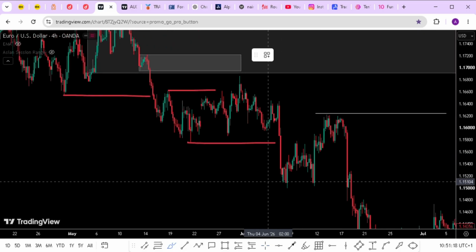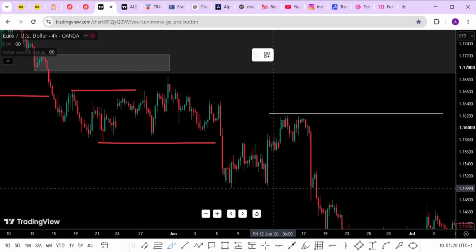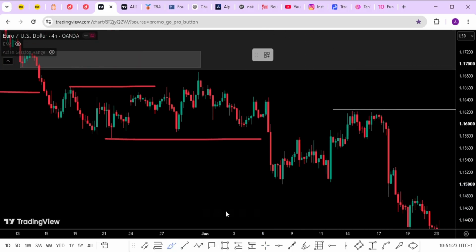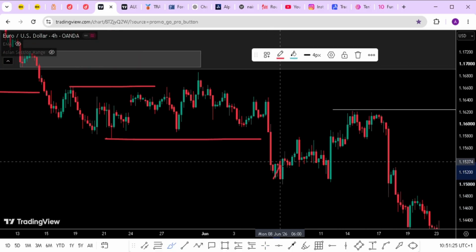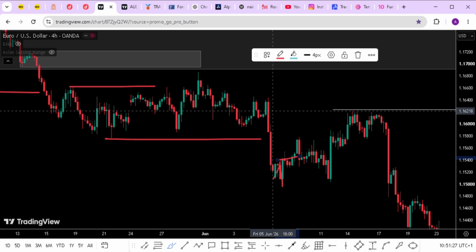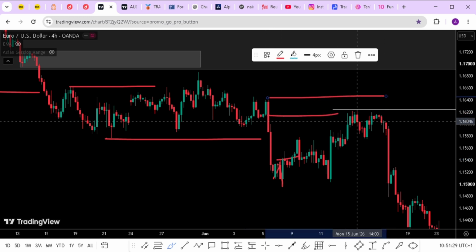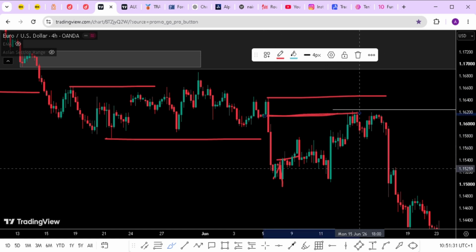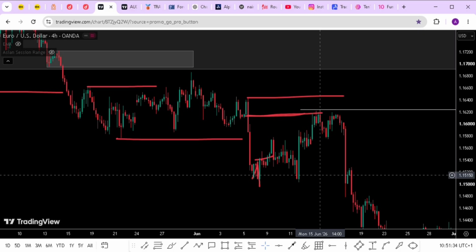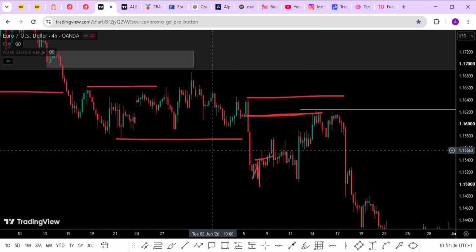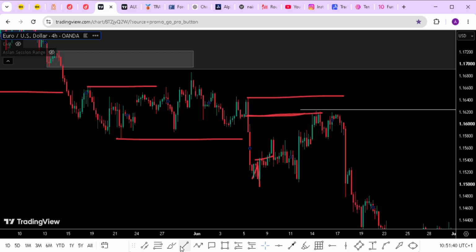So I was able to get an entry here, because if you look at it, this is a value pullback for me, this level. So I use this as a liquidity point, and I know this is a POI that the market is likely going to target. And if you look at it, this is the POI that also broke this structure, and there is no POI at the top of this level, no other valid POI.